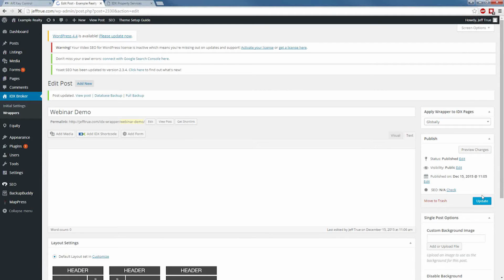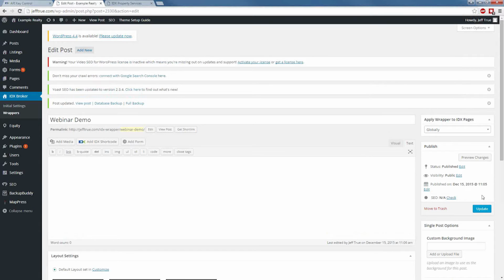Now, because we linked up our API from the IDX Broker dashboard to the WordPress plugin, keep in mind they're going to communicate back and forth with each other. So this actually went via the API back into the other dashboard and is going to apply that global wrapper that we developed. Another option, if you have Genesis and don't have that necessarily available, you can also take and